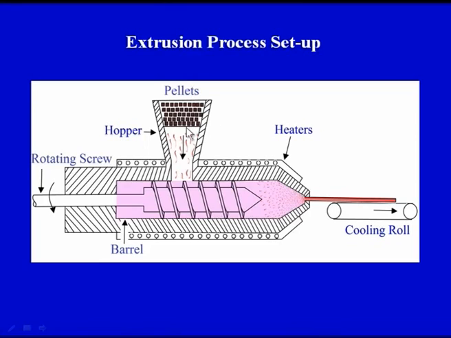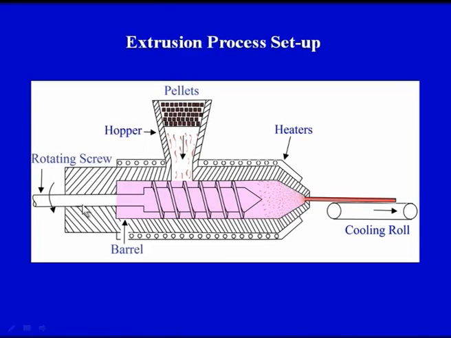So this is the raw material, this is the hopper through which the raw material is entering the barrel, and inside the barrel the temperature is high. Why? Because of these heating elements or heating arrangement. So in this diagram we have seen what are the various elements, and now we can try to understand the role.